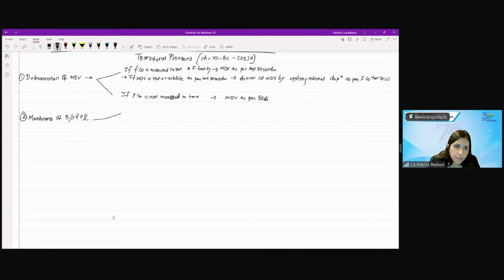So what you will do is, first of all, it says that the foreign company is required to prepare P&L and balance sheet